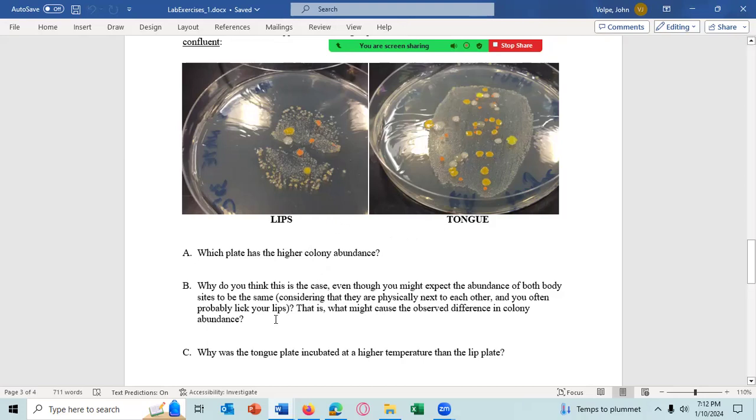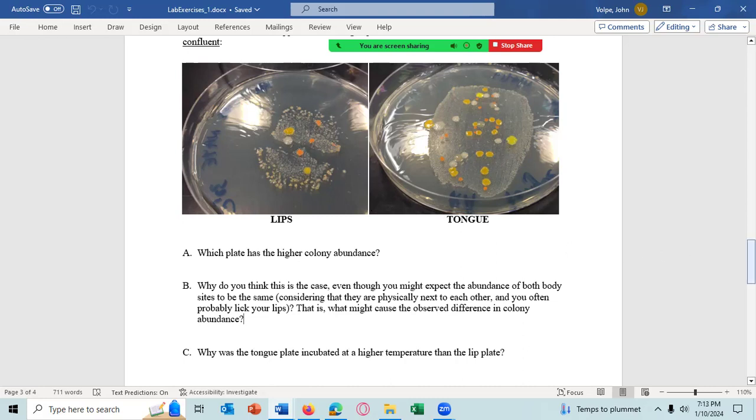And I'll warn you, you must have 2 reasons for part B here, meaning for full credit, you have to give 2 reasons. And you can easily come up with 3 reasons. I've had very creative, very bright students come up with something like 5 or 6 different reasons, but you must give me at least 2. And like I said, coming up with 3 is pretty easy.